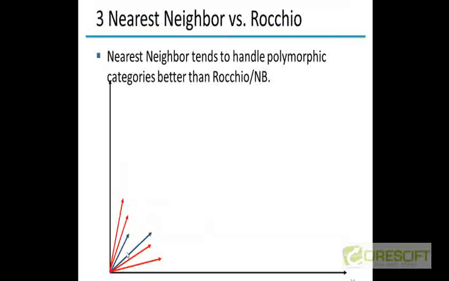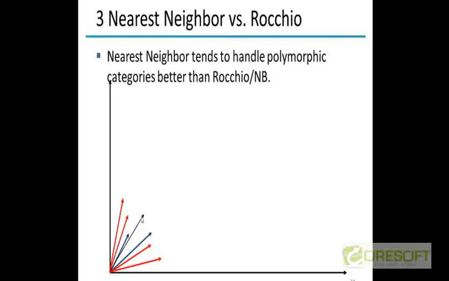Let's look at the other example we did. Recall that this was an example where the Rocchio algorithm does not do very well because you don't have a contiguous region of space representing the red class. The red class is split across two clusters or two regions. One region over here, the other region over here, and then you have this middle region corresponding to the blue class. So let's say your test document is given by this black